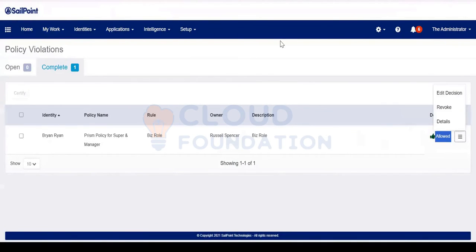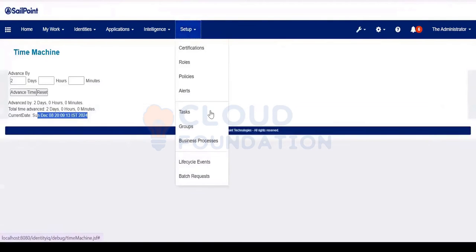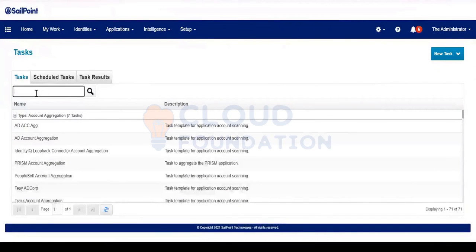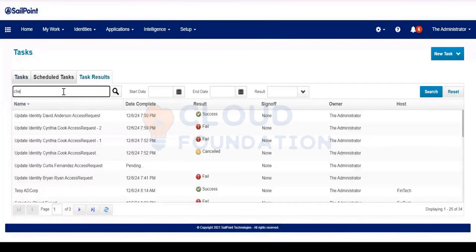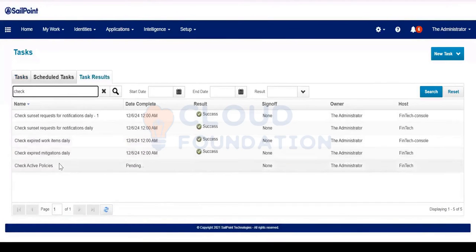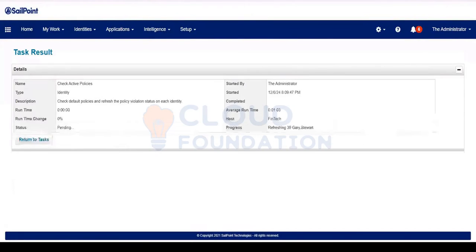Now I will execute the task once again. Check active policy task. Because this task will execute on a daily basis, I think a violation will be triggered. It will be assigned to the policy violation owner, if I'm not wrong.